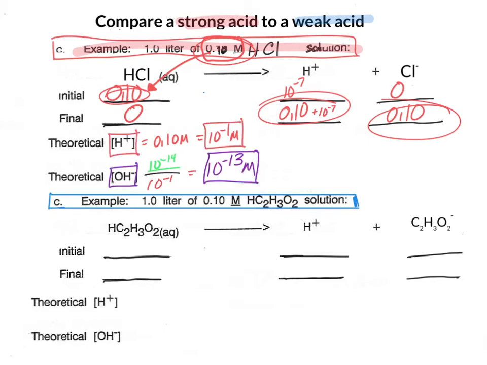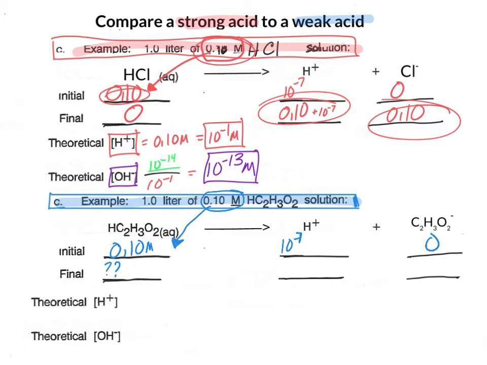Now, what happens when we have a weak acid? In the case of a weak acid, it is less than 50% ionized, but we don't know the actual number. So start by filling out the form. We know that if we start with 0.1 molar, that's the initial concentration of the hydrogen acetate, the initial amount of the hydrogen ion will still be 10 to the negative 7 because it's in water, and the initial acetate ion will be 0. When we are done, the final concentration of the weak acid will be we don't know, but we know it will be less than it started with